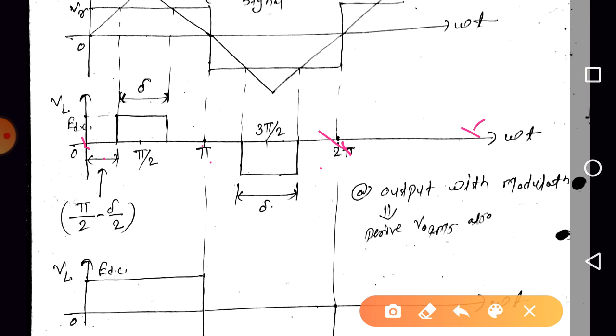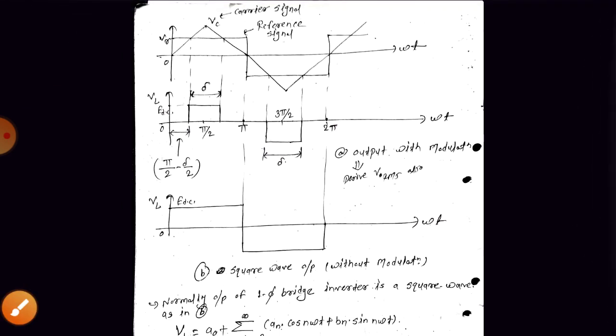So 0 to pi, again we are having the effective interval as pi by 2 minus delta by 2 to pi by 2 plus delta by 2, right? During this interval, what is the waveform magnitude? It is EDC, so it will be EDC square into d omega t, plus integration from 3 pi by 2 minus delta by 2. Again this is delta, so this indicates delta by 2, and the remaining one is also delta by 2. Okay, so we can write V0 RMS as,